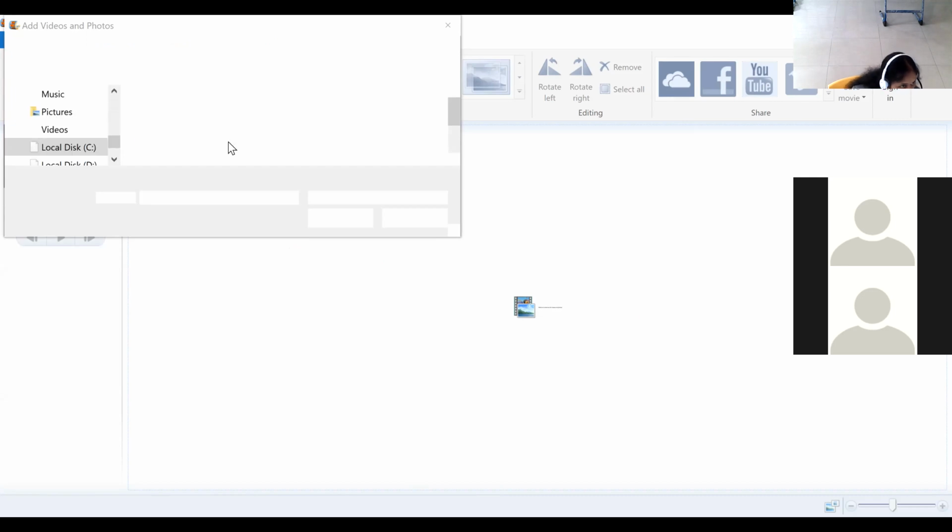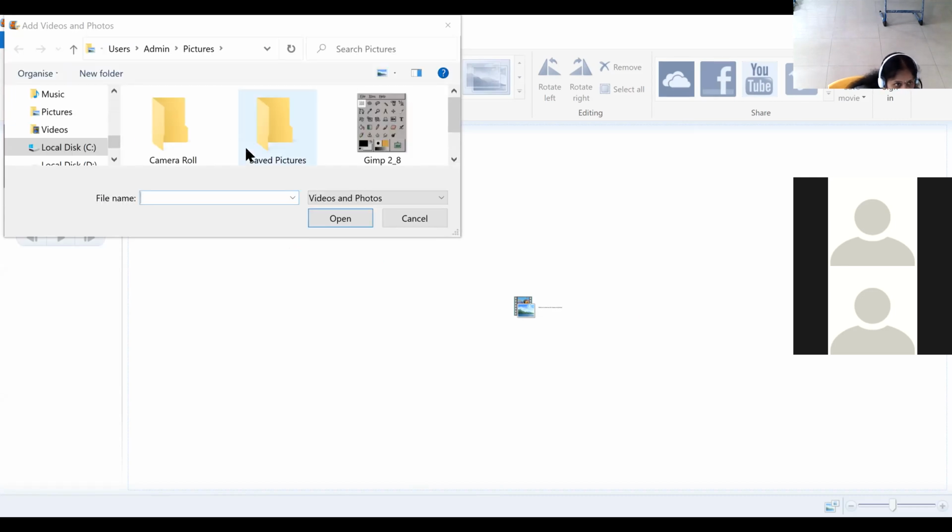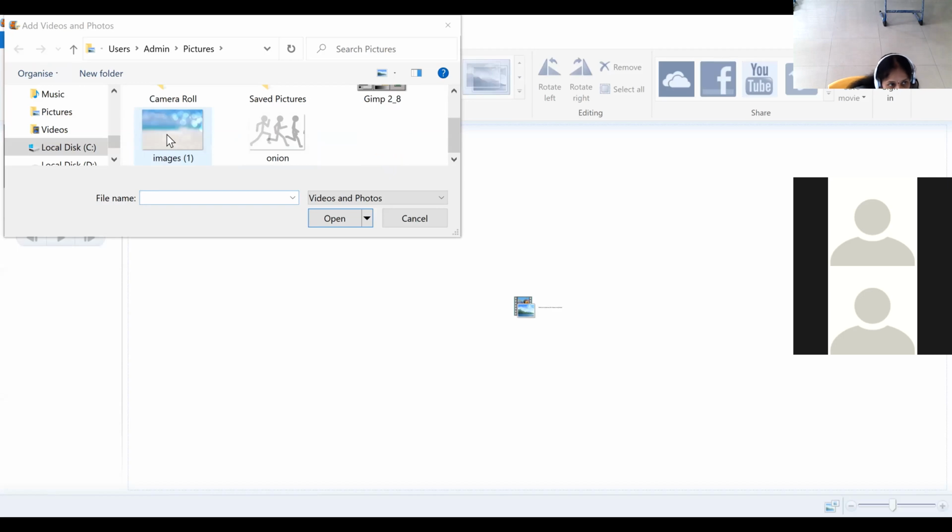Means that should be already available in your folder or whatever it is. You can save it on the desktop or in some folders. So it will ask you the location from where you want to get it into the movie maker. From there you can add photos, videos or music also.